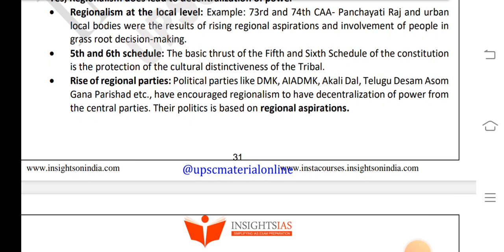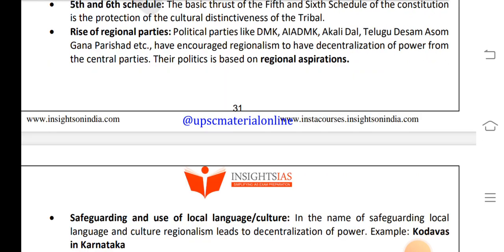Yes, regionalism does lead to decentralization of power at the local level. Example: the 73rd and 74th Constitutional Amendment Acts on Panchayati Raj and urban local bodies were the result of rising regional aspirations and the involvement of people in grassroots decision-making. Fifth and Sixth Schedules: the basic thrust of the Fifth and Sixth Schedules of the Constitution is the protection of the cultural distinctiveness of tribals. Rise of regional political parties like the DMK